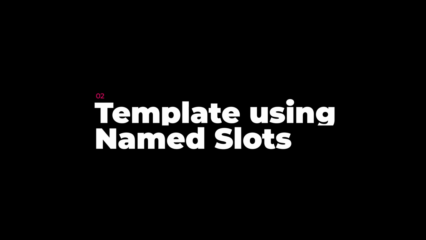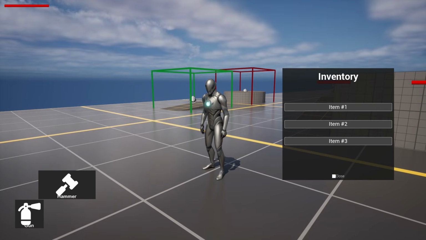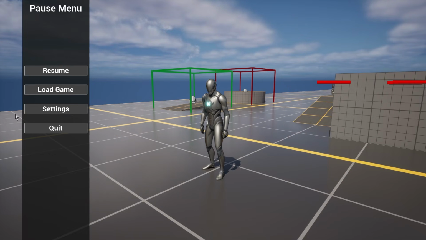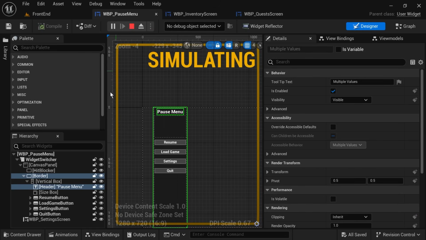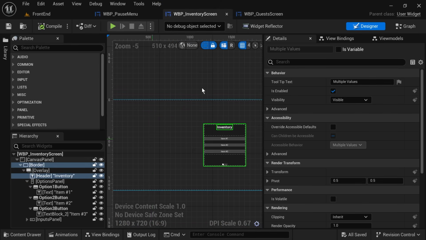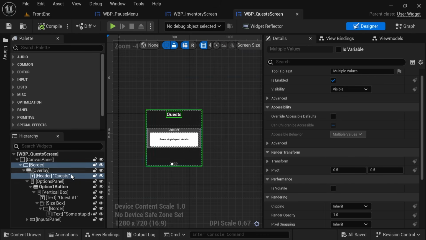Tip number 2. Use named slots for templating. Sometimes we have widgets that share similar parts, but also have some changing parts. For example, if we look at these panels, they all share the same black border and header text, but they have different content. To do that, normally we'd have to duplicate the border and text block in all of these